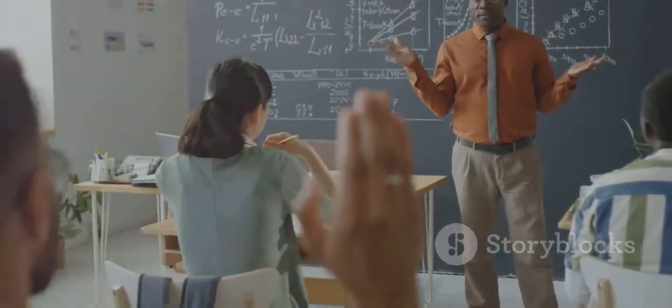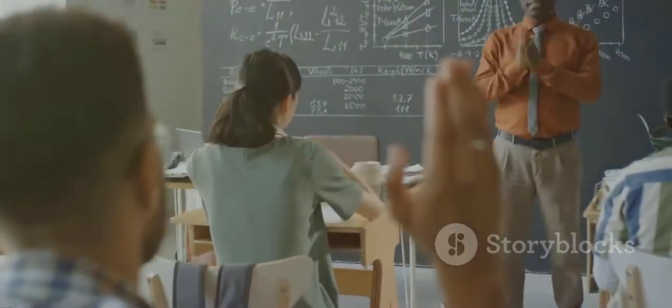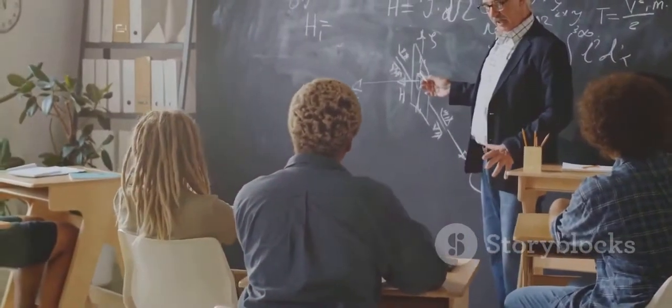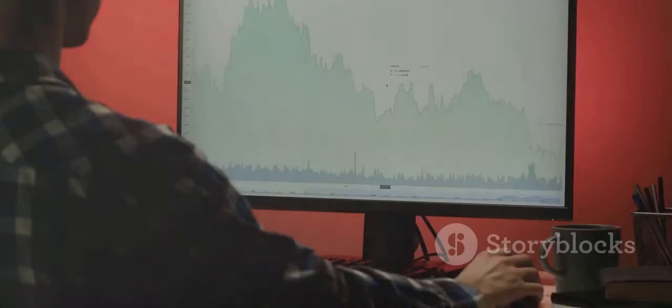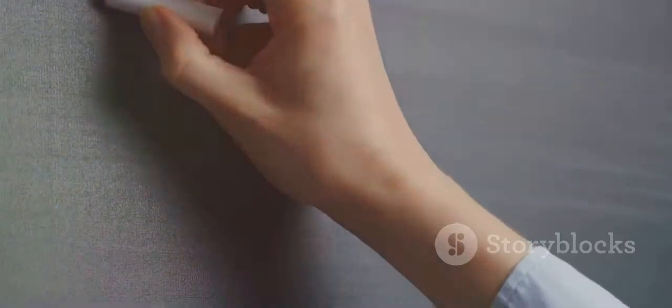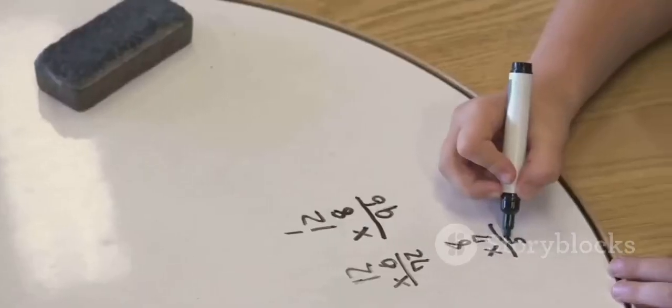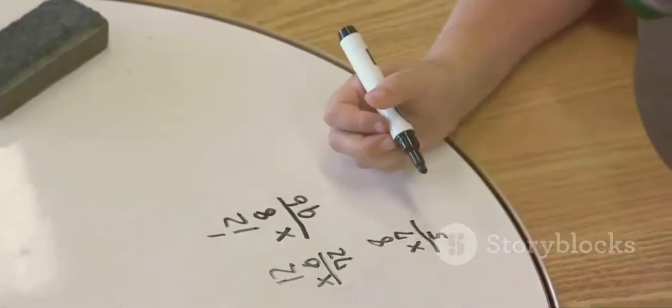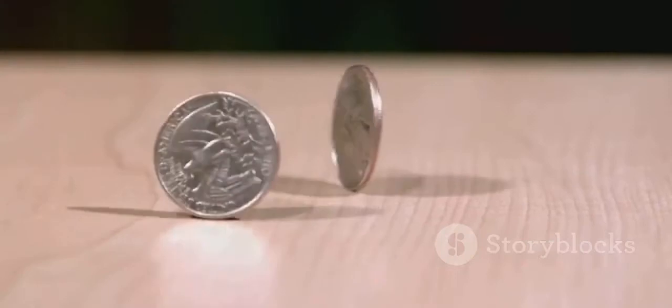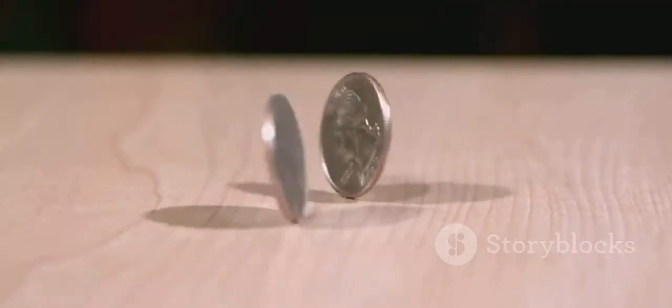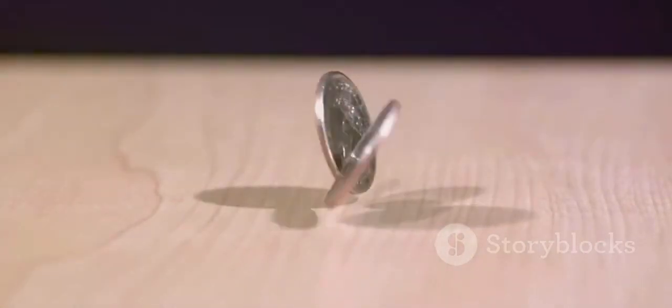Chapter 5. The fundamentals of probability. Probability is the branch of mathematics that deals with the likelihood of events occurring. It helps us quantify uncertainty and make predictions. The probability of an event is represented by a number between 0 and 1, where 0 indicates impossibility and 1 indicates certainty. For instance, the probability of flipping a coin and getting heads is 1/2, as there are 2 equally